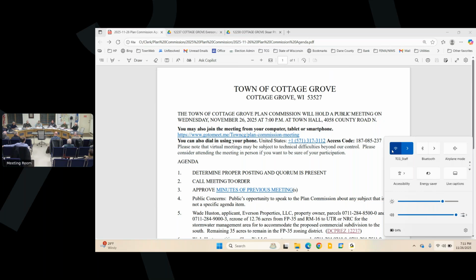Okay. So this rezoning is associated with the parcel generally to the north of the subdivision plat. That's the main subject of the conversation tonight. It's on the agenda for rezoning because the proposed plat suggests using the southern part of it, south of the Little Door Creek, primarily for stormwater management. So the need is to rezone that piece south of the creek, about 12 acres and some change, from its current